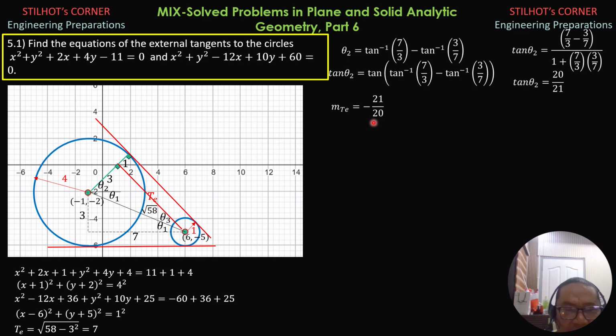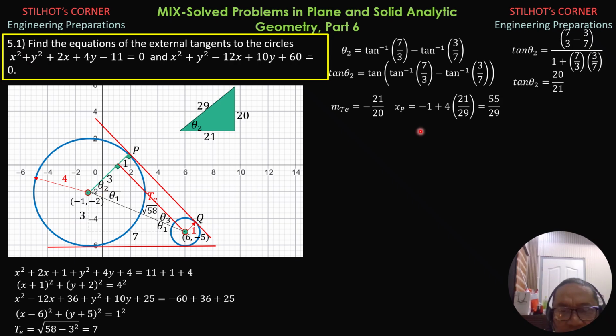So having found the slope, let's have the right triangle as our guide here. Let's find these points of tangency. I'll call this P and this is Q. So x sub P from the figure, beginning with this coordinate, is negative 1 going to the right plus cosine of theta 2, and cosine of theta 2 is 21 over 29. 29 is square root of 21 squared plus 20 squared. So x sub P is negative 1 plus 4, because this hypotenuse is 4, times cosine of theta 2,